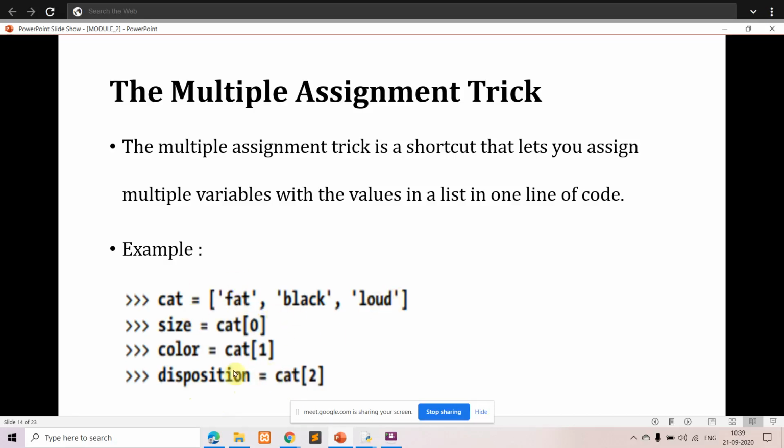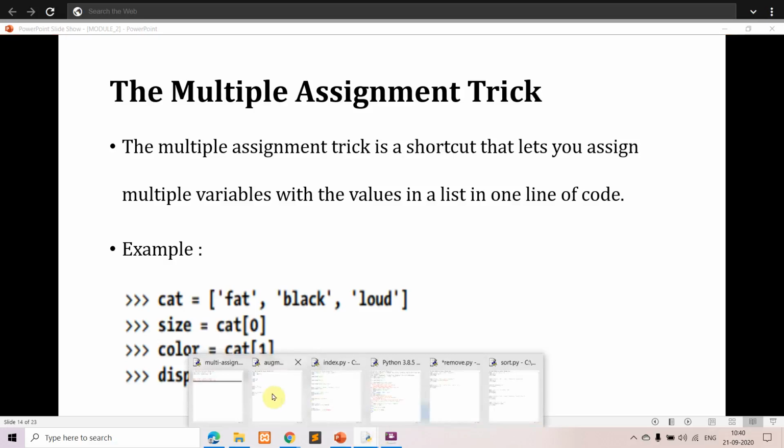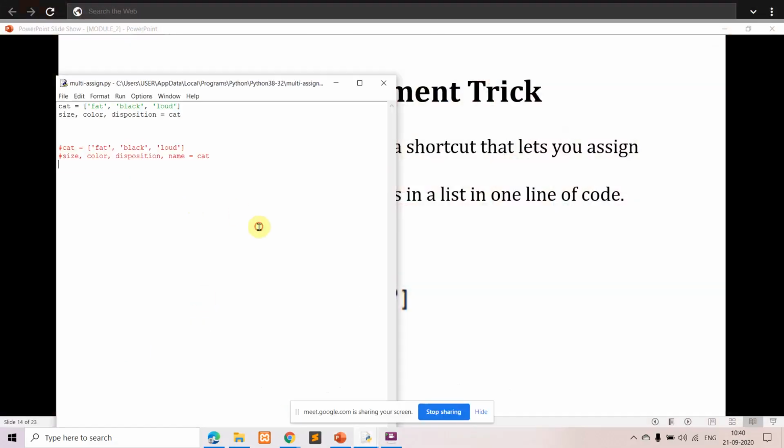This is one way to assign values to multiple variables. What we are saying in the multiple assignment trick is, instead of using multiple lines to assign the values, we can do everything in a single line. Let's see how to do that.